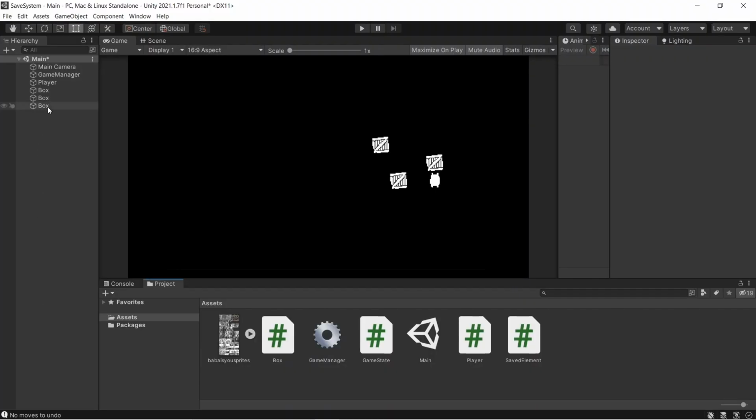I created this simple Sokoban game with Baba Is You sprites I found online. You can find the project linked in the description. To add an undo system, similar to the one in Baba Is You, first I created a script called saveElement,